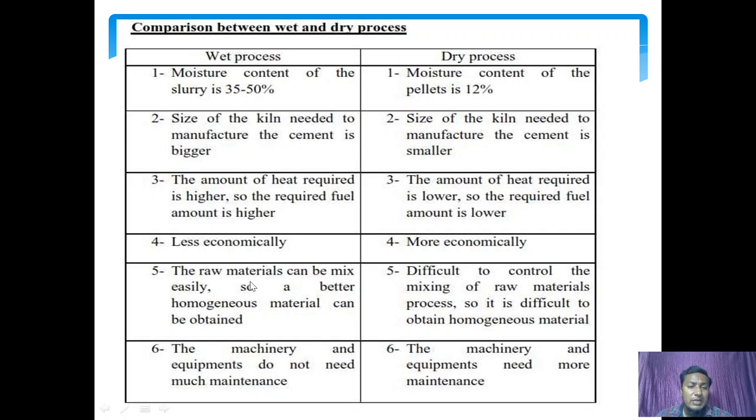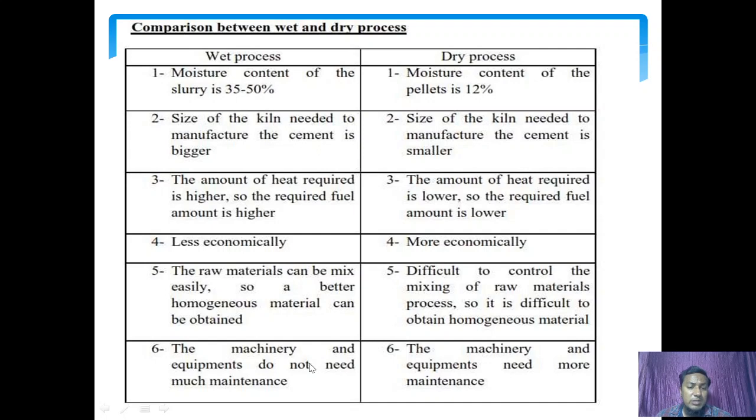In the wet process the raw materials can be mixed easily, so a better homogeneous material can be obtained because it has more moisture content. But in the dry process it is difficult to control the mixing of raw materials, so you will not obtain a homogeneous mixture of cement.